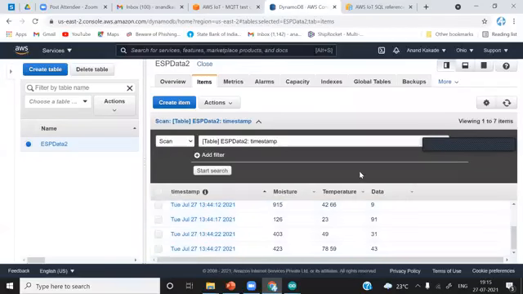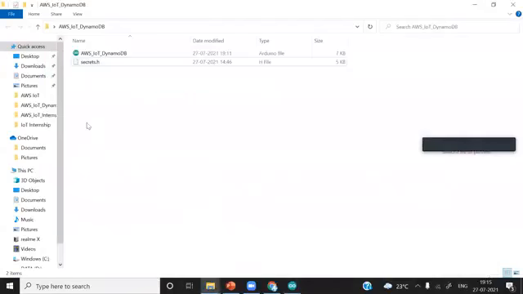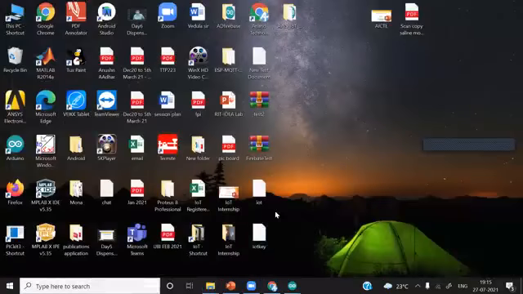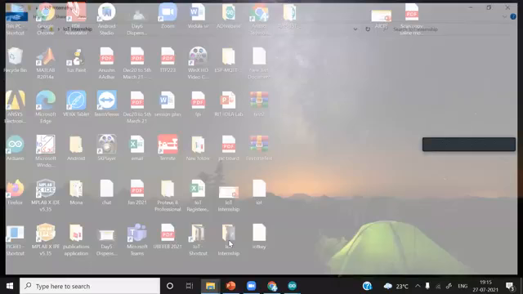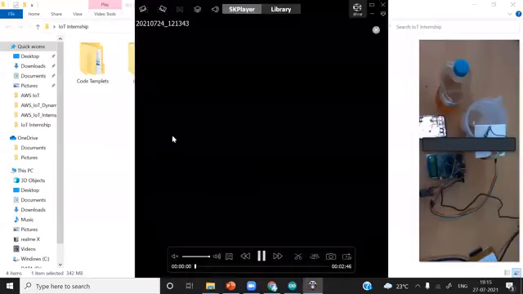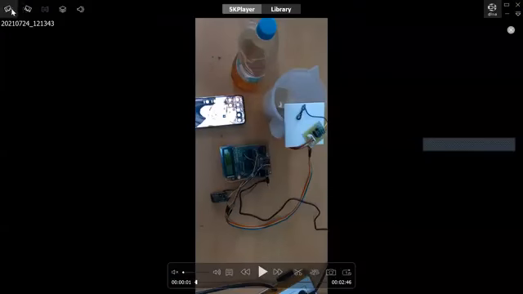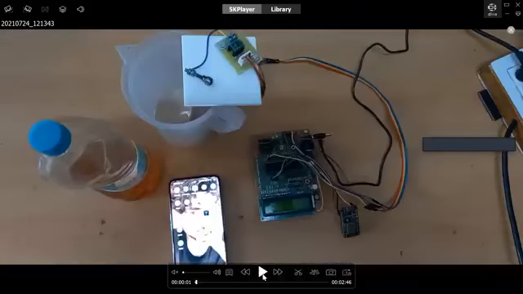So this is all about today's session, and we have completed this. But before ending today's session, I will just simply show the video of this entire project, non-conductive liquid level measurement using AWS IoT. This video. I'll make it vertical, horizontal, sorry.